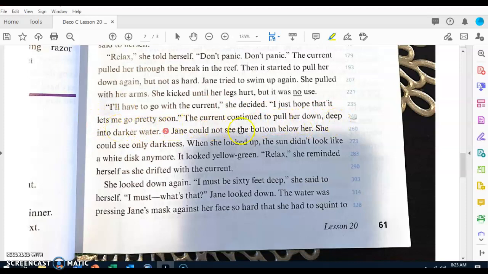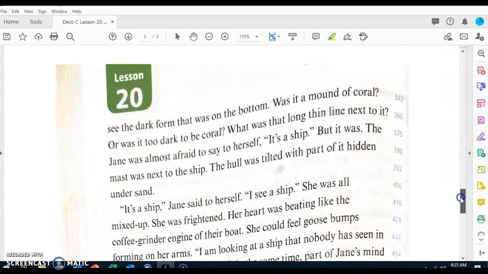The current continued to pull her down deep into the darker water. Jane could not see the bottom below her. She could only see the darkness. When she looked up, the sun didn't look like a white disc anymore. It looked yellow-green. Relax, she reminded herself as she drifted with the current. She looked down again. I must be 60 feet deep, she said to herself. What's that? Jane looked down. The water was pressing Jane's mask against her face so hard that she had to squint to see the dark form that was on the bottom. Was it a mound of coral, or was it too dark